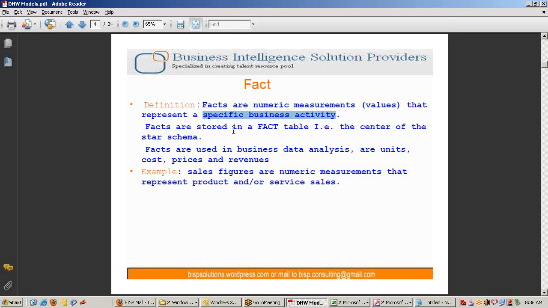Okay, facts are stored in a fact table. There is a separate table which stores all these facts. Now, if you remember, in a traditional relational database, we don't use the terms facts and dimensions. We use a term called tables, and we never distinguish the information in terms of facts. The way we distinguish the information is in terms of